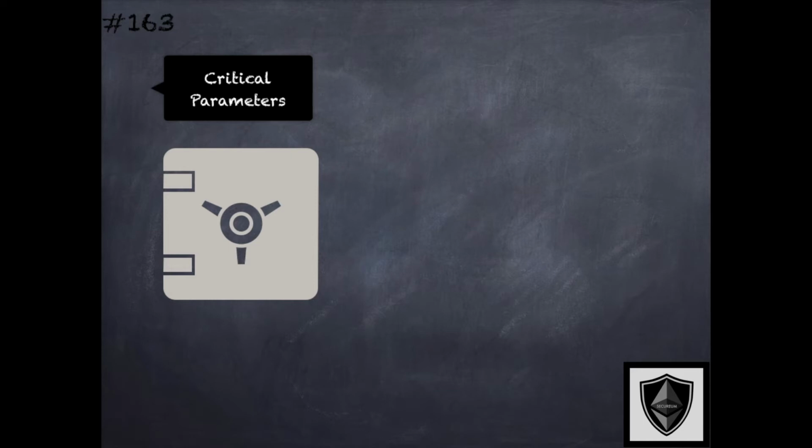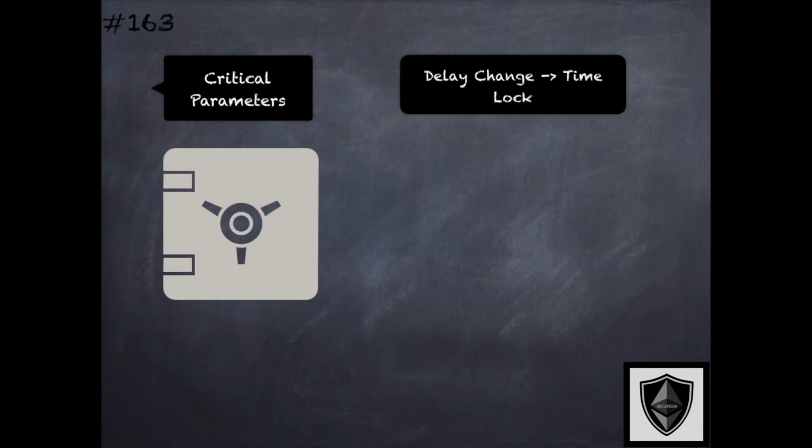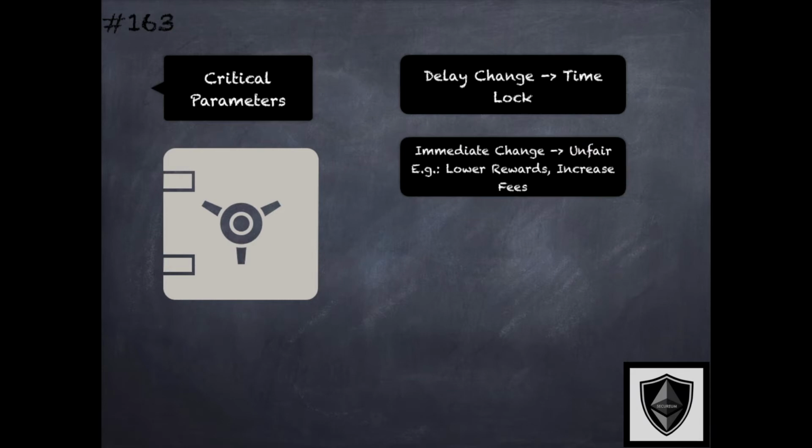When critical parameters of systems need to be changed, it is recommended to enforce the changes after a time delay that is coupled and logged with that logic. This is to allow system users to be aware of such critical changes and give them an opportunity to exit from that system if they do not like the upcoming changes or adjust their engagement in any other way with the system accordingly. For example, reducing rewards, increasing fees, or changing trust models in a system might not be acceptable to some users who may wish to withdraw their funds before the change and exit.